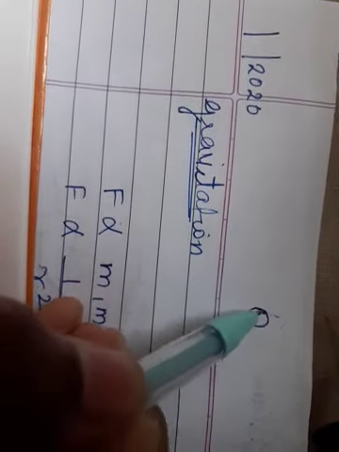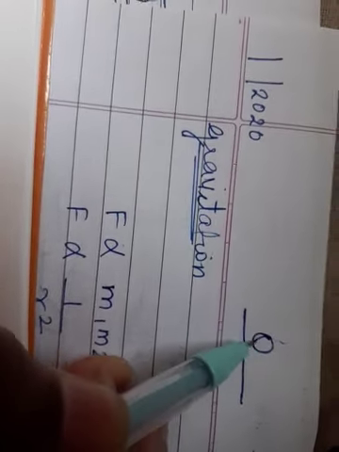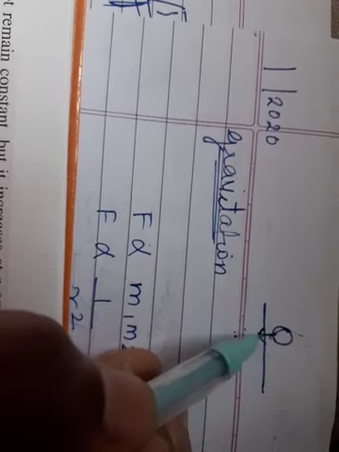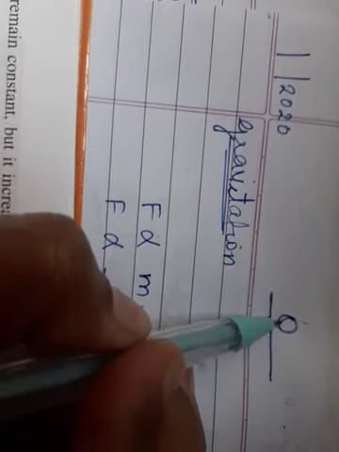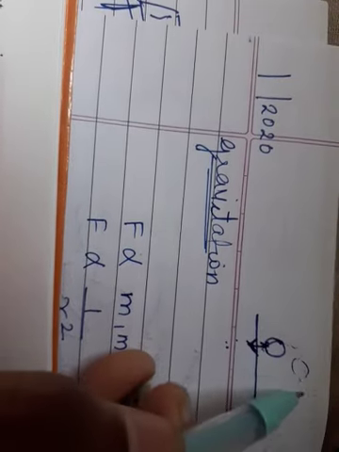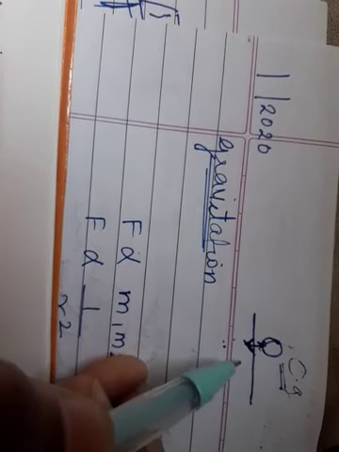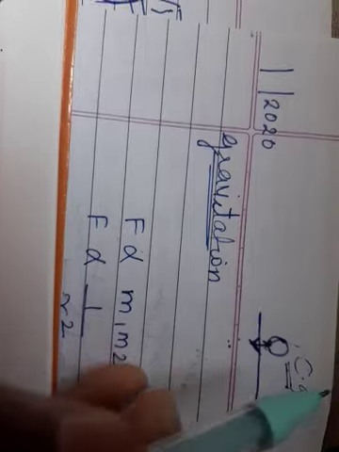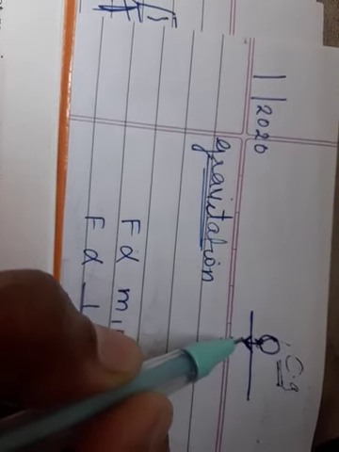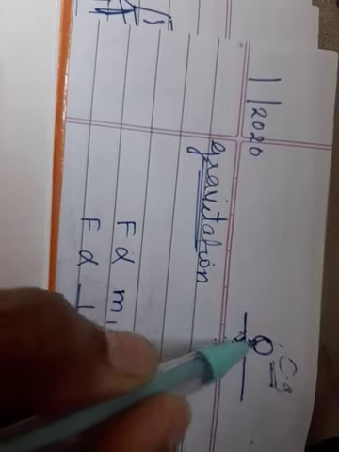For example, if this is a particular object, this object is attracted towards the table, right? Why is it attracted? Because there is a force of gravity acting on it vertically downwards, from the center of gravity of the body. Later you will understand in more detail what CG, or center of gravity, is, but right now understand that when the ball is on the table, it is attracted vertically downwards, towards the earth's gravity.